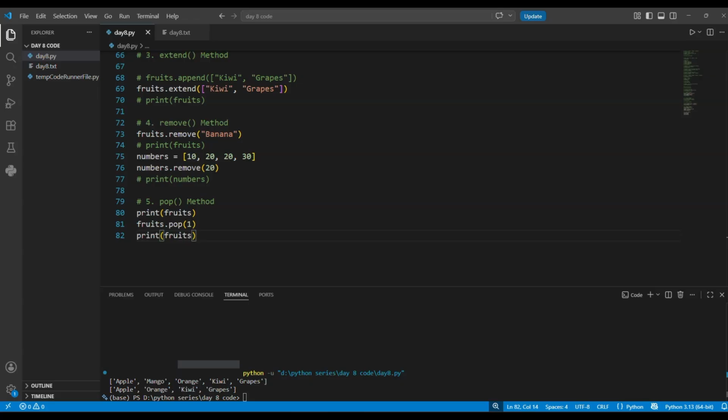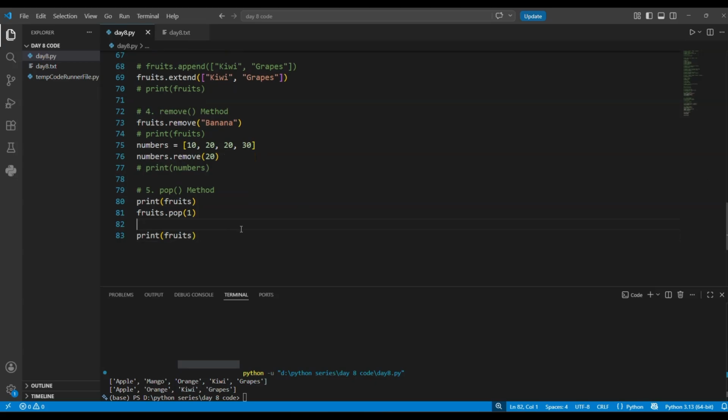The remaining elements automatically shift to the left. One interesting thing about the pop function is that it also returns the removed value. If I write here removed equal to